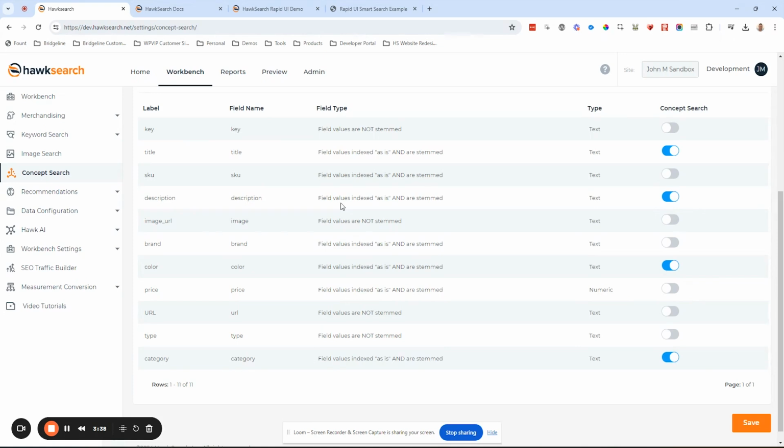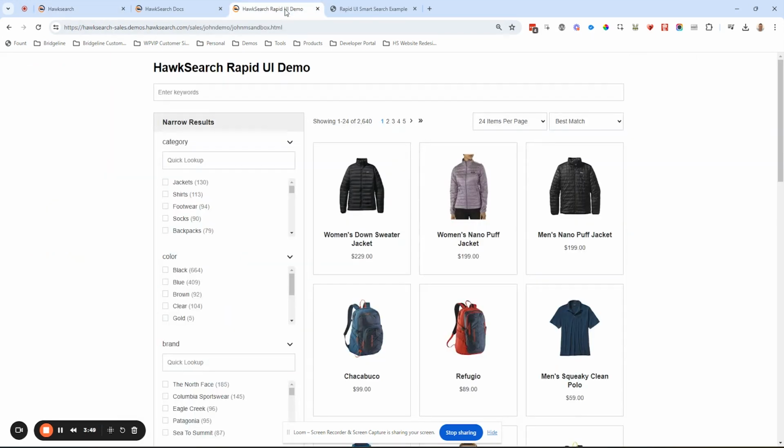So you re-index. Just please go back to the other video. It's in the developer portal. Please go back and do the re-index process. So now I've re-indexed, but if I come here, it doesn't change anything on the front end. Those vectors that were created from that indexing process for Smart Search are inside of HawkSearch, but they're not exposed